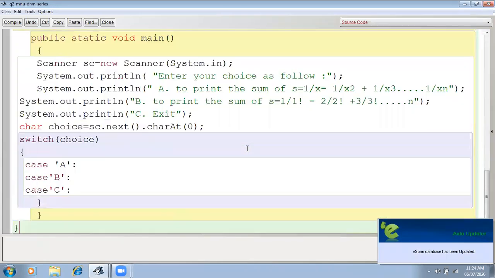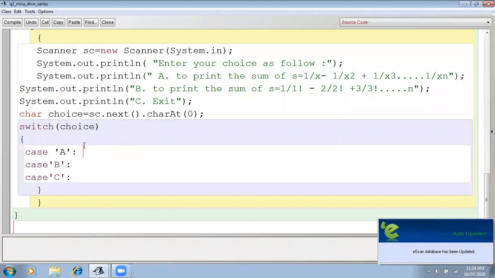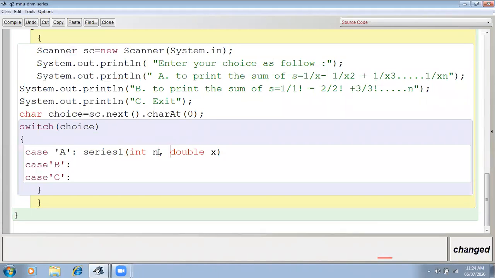See, when the user is placing A, here just series 1 and the actual parameters I will pass, for the n I can pass, and in fact here also I can accept the value from the user, the n value and the x value. Suppose here I'm giving n 5 and x is 2.0 or 1.0. Okay, this is the calling. Then the break.